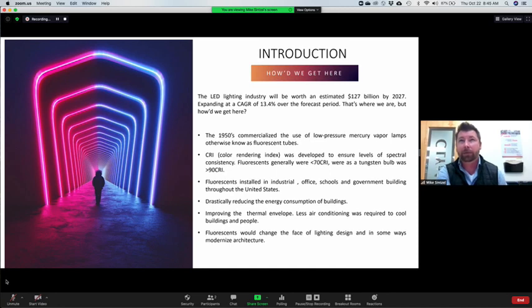The spectral and electrical distribution of fluorescence, for one, at the time created spikes in green that caused all types of issues in color rendering, peripheral distortions, and, unbeknownst to most at the time, extremely high flicker rates. As more commercial offices, schools, and government buildings adopted the fluorescent tube, a growing need to address dimming and switching arose. Not only